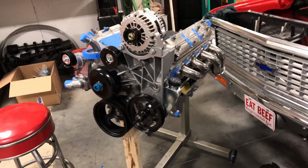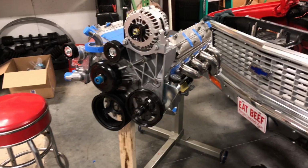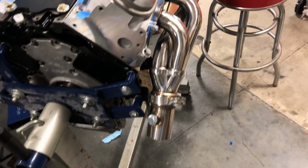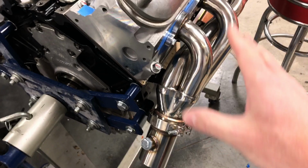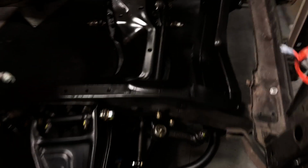I'm going to see if I can sit it back on there and start doing some of the rear end stuff, getting the trans ready. Oh, I do need to, since these are all shorty headers, and I guess I should explain why I did shorties. When the motor came out of the truck, it had long tubes on it. And the problem I ran into here is,